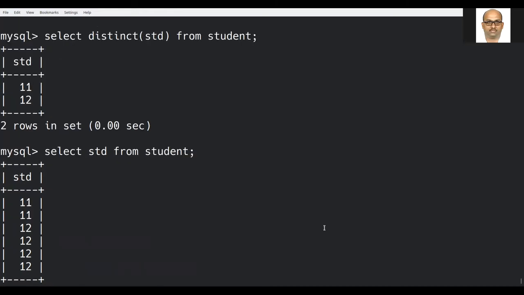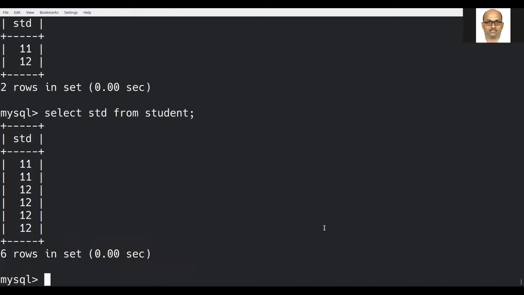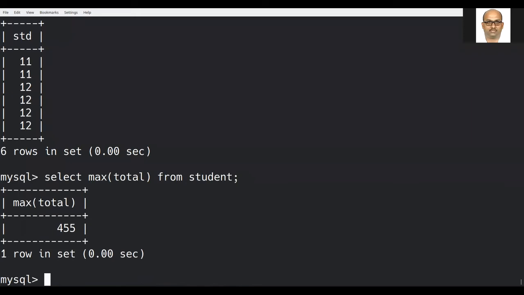All right. Then we do have the third function, namely select max total from student. See, among the 6 students, the maximum total is 455.